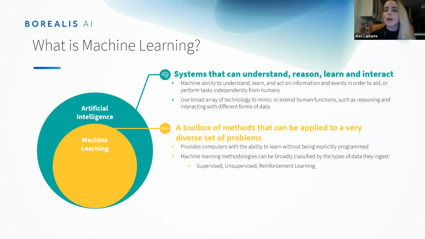In terms of how we talk about machine learning, one of the main ways that we classify a machine learning algorithm is by the data that it ingests. So for those of you who are familiar with it, you've probably heard the term supervised learning, unsupervised learning, reinforcement learning, giving you a really quick crash course in what those mean. Super simple concept. So say I want to build an algorithm that's going to classify pictures, and I have a pile of pictures. Some of those pictures are of cats. Some of those pictures are of dogs.